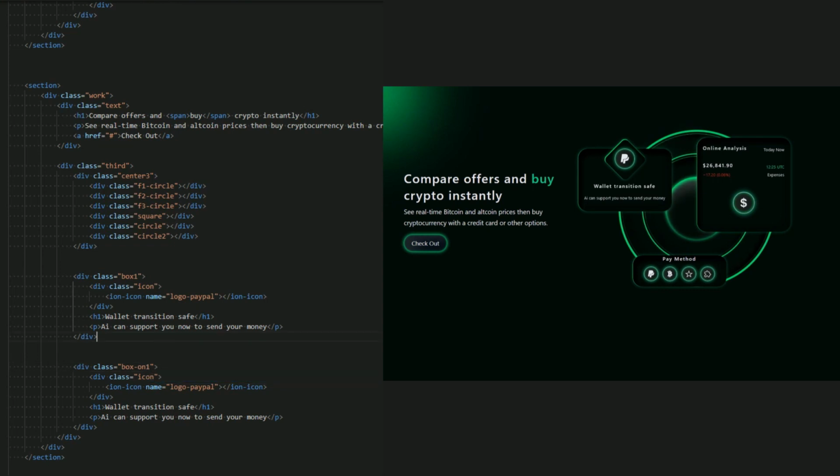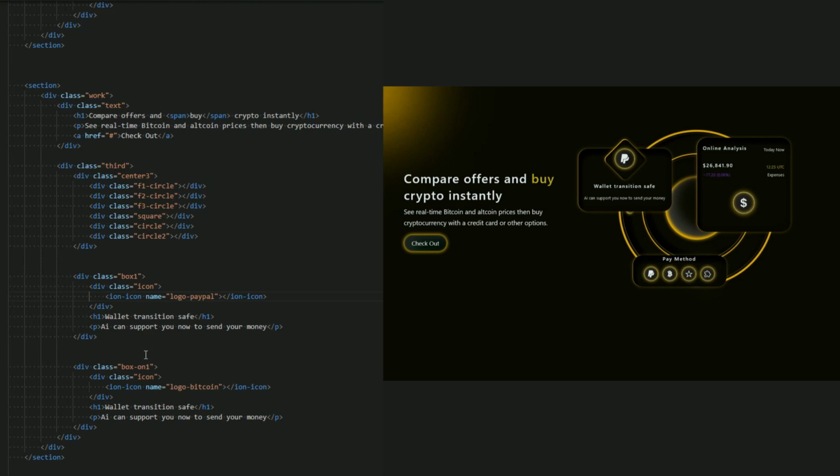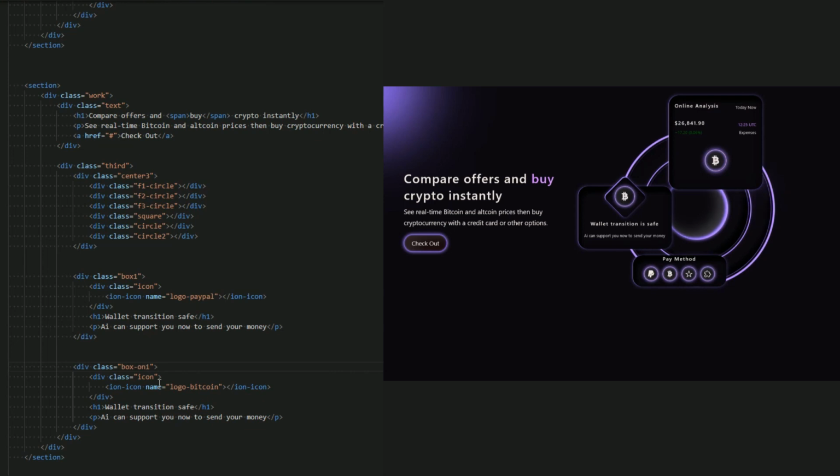The same, let me just change an icon to be a Bitcoin. Okay, this is a first box and this is a second box, which is the same, but the position is not the same, and we change some little thing inside it.